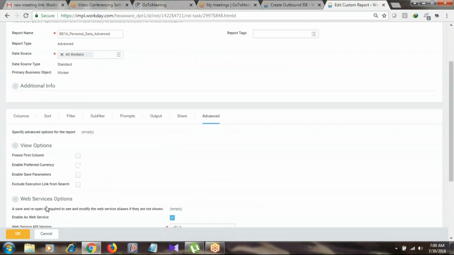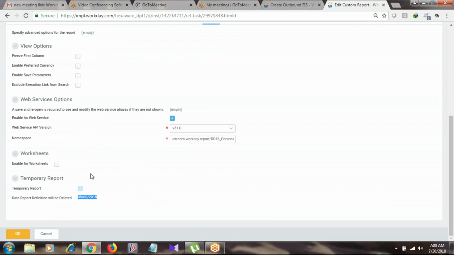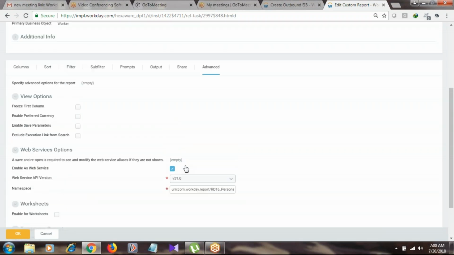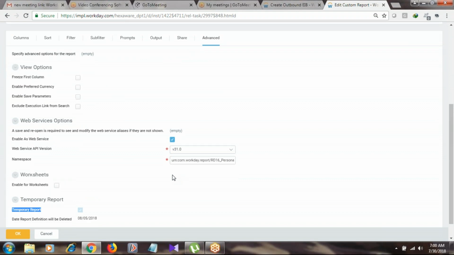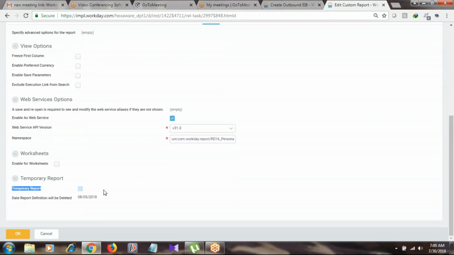Usually we don't have this problem. Currently it is a temporary report. We can generate a permanent report as well, but the tenant settings are not allowing us to create permanent reports here. Usually we can create a permanent report as well as a temporary report.